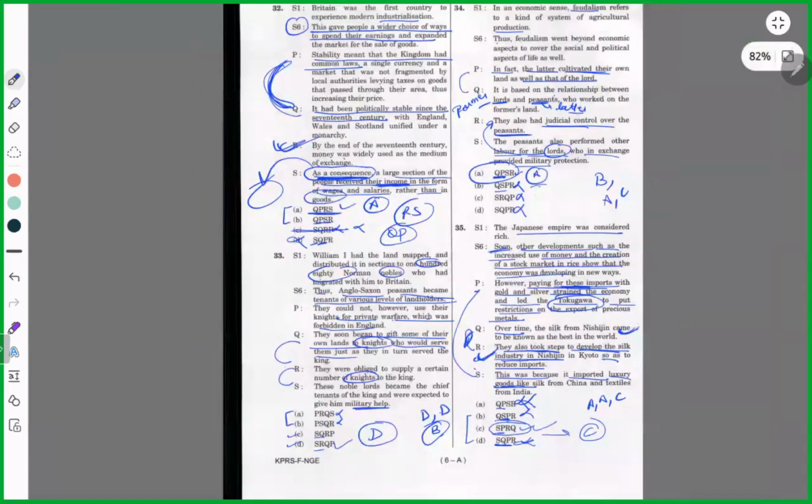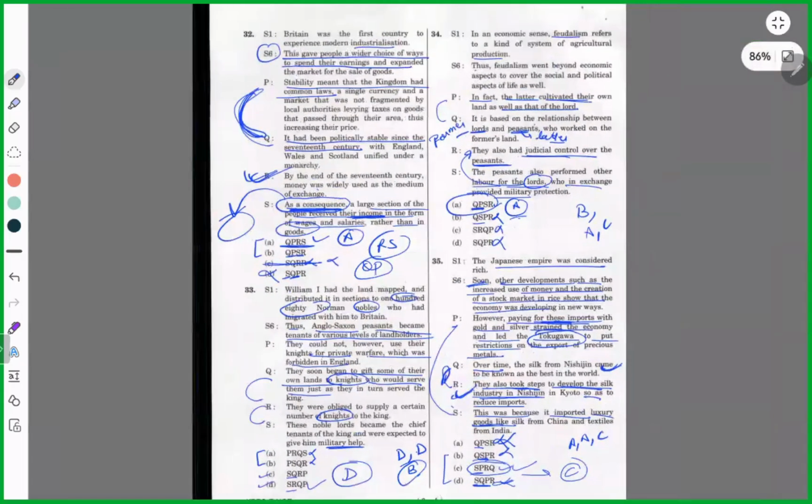So what were your scores? How many of you, if you scored